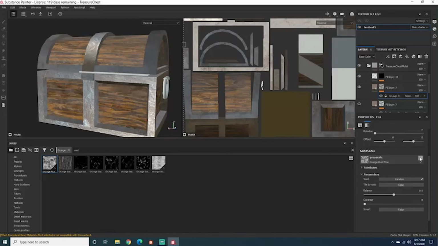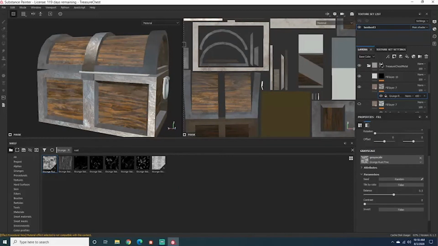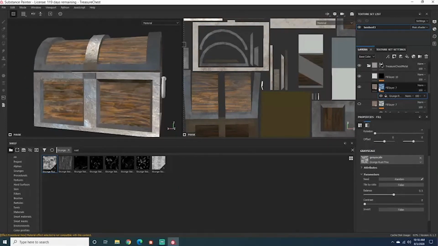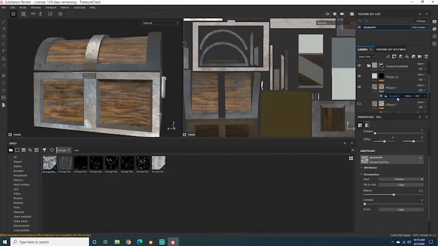And if you can see, if I go ahead and exit out of it, it went ahead and added this grunge with the color that I had selected in my original fill layer. So the original fill layer is what's going to control our color and all of these channels. But when we go into our mask and go into the properties of the grunge we added, is where we